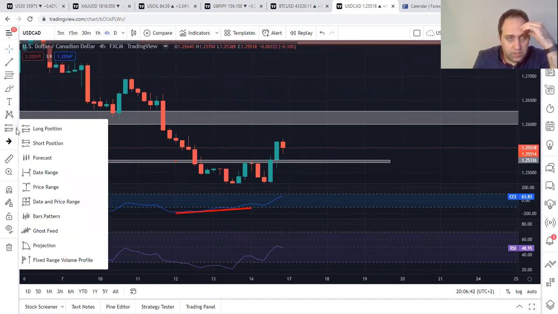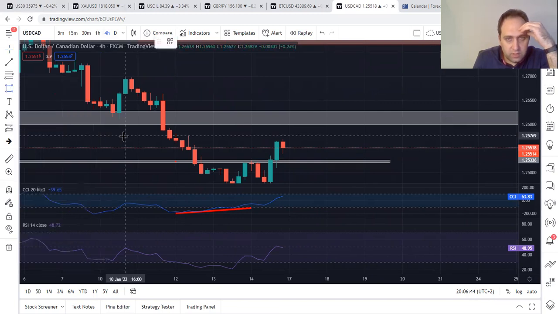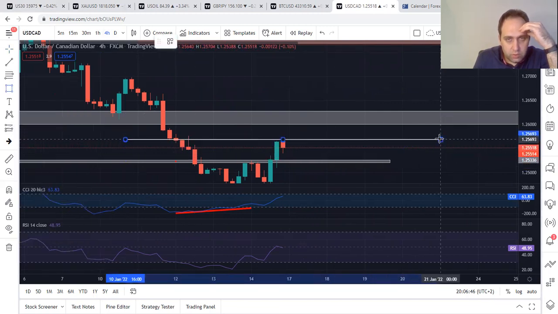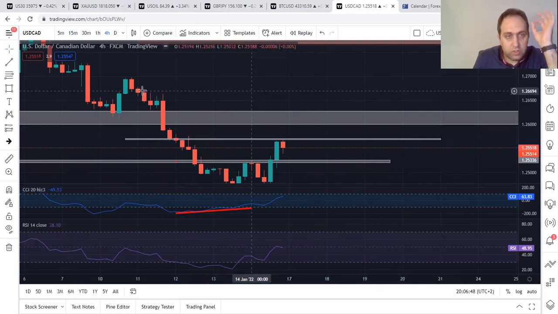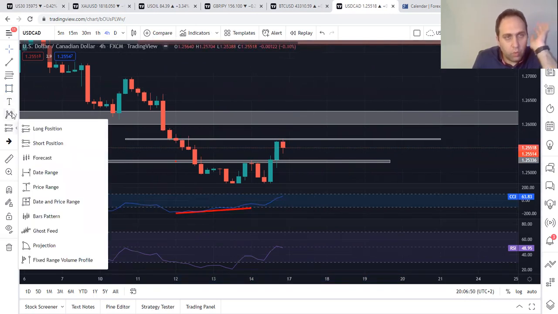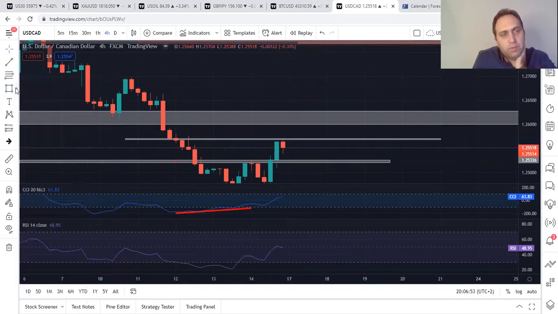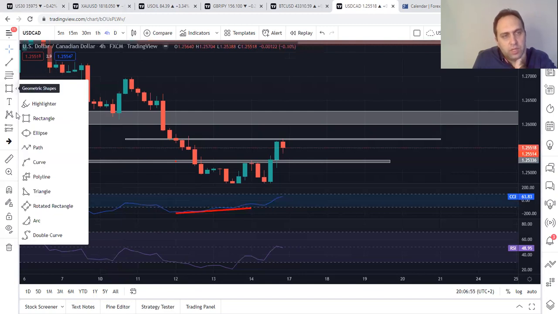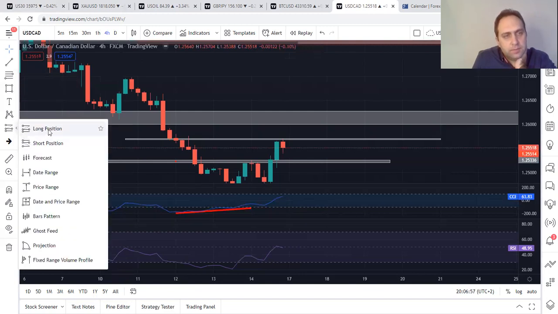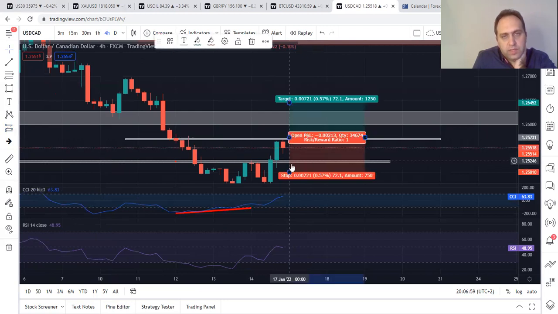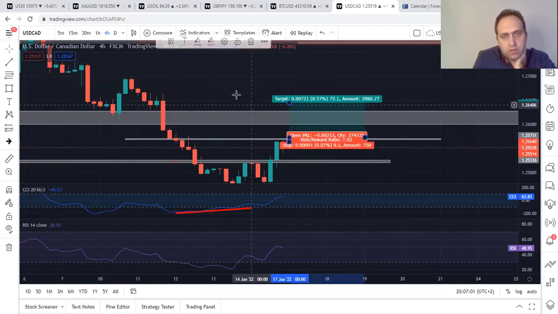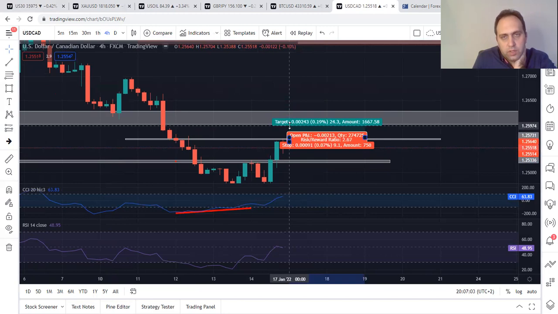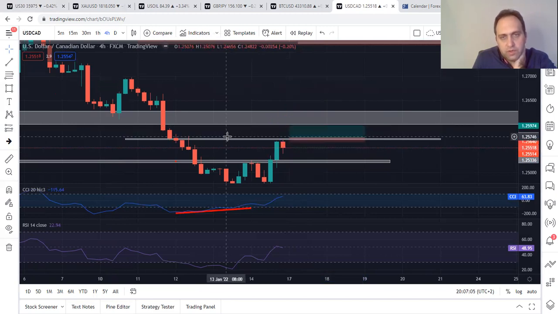And if you want to be more safe, you can put it here. Scalp trade but you need a wick down. We need a wick down first, mandatory. If there's no wick down we don't take it. If there's no wick down we don't take it. This will be kind of a scalp trade. Only 10 pips stop loss, by the way, and 24 pips take profit.